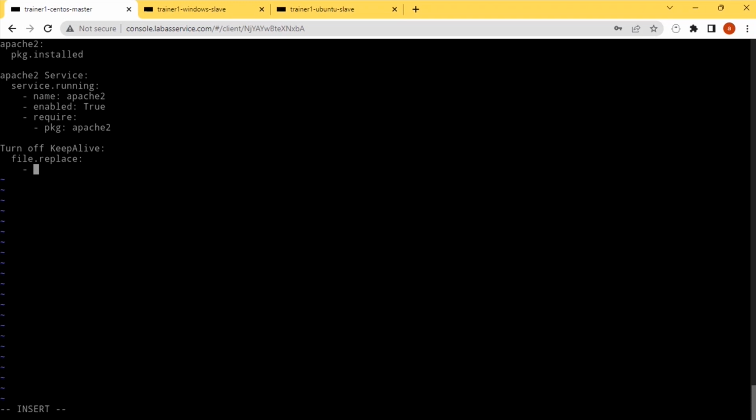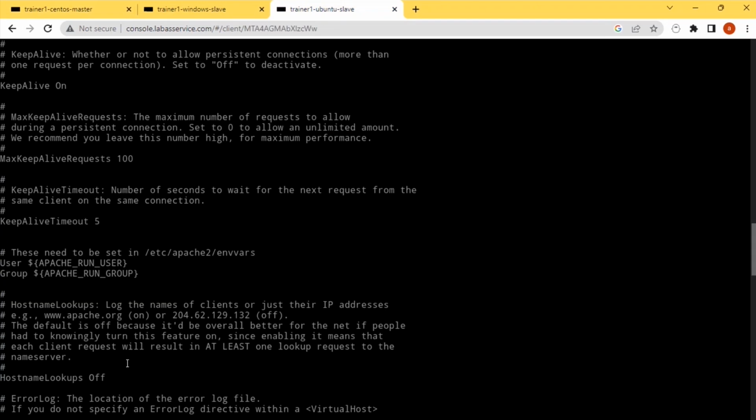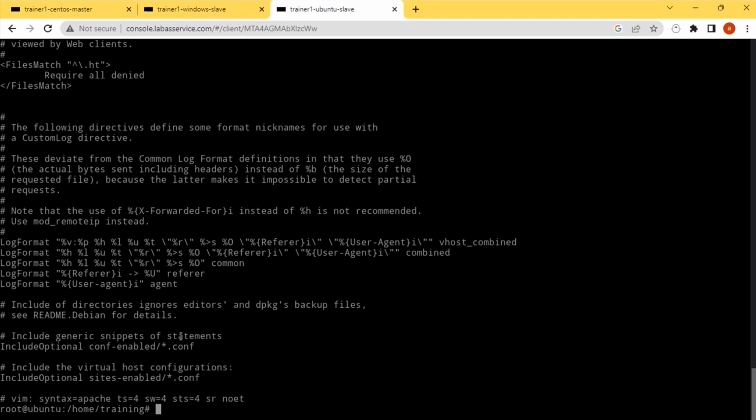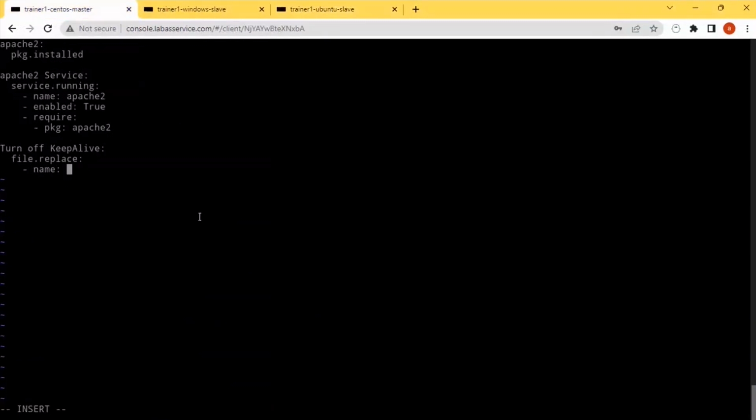The name of the file is etc slash apache2 slash apache2.conf. This is the configuration file I'm going to modify, and inside that I am going to search for a pattern